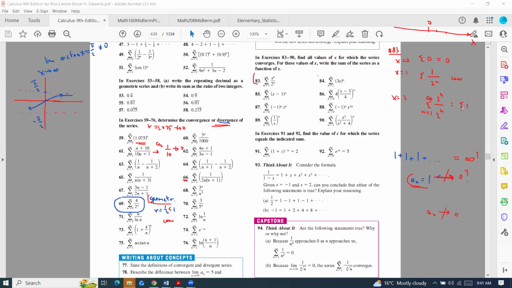So you have 1, 2, 3, 4, 5. Infinite. So it's divergent. So please notice that for these cases, 0, 1, there were convergent values of x, but when x is 2, or if you try x bigger, like 3, 4, 5, it's going to be always divergent,